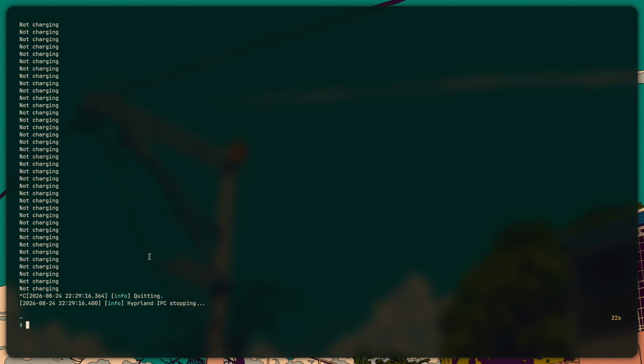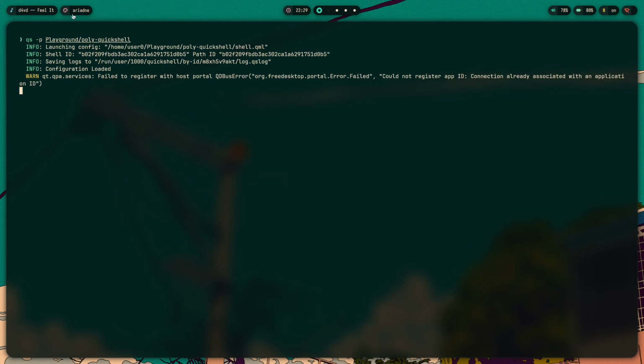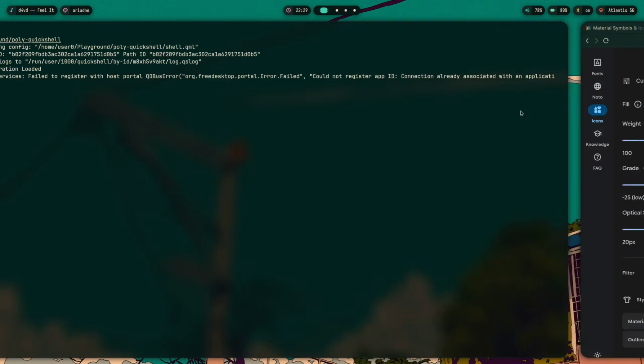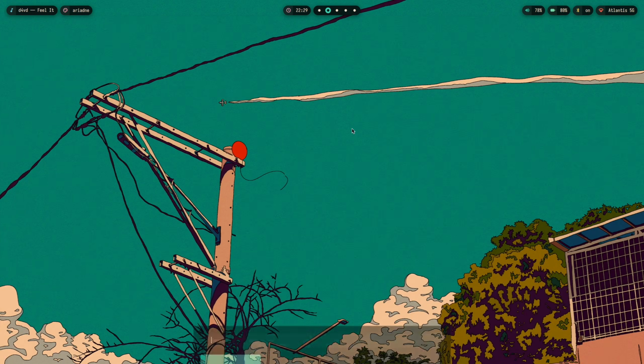That's just rendering a video, so let that be there. Yeah, so what was I saying? Yeah, I was saying Quickshell doesn't have any of these issues whatsoever. So I can just run q-p playground poly Quickshell. That pulls up this particular thing, right? So right here, I'm using the same exact approach. Let me go ahead and pull up VS Codium so you can see the same approach being used inside of